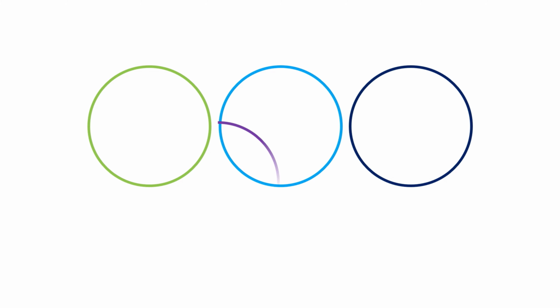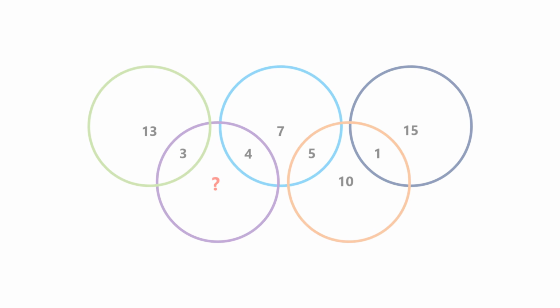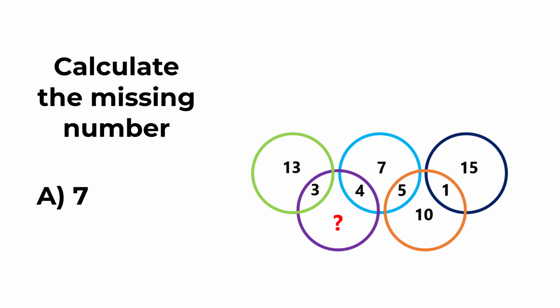In this particular case, you're presented with 5 different circles, all of them different colors, and the numbers that you see on the screen are 13, 3, 4, 7, 5, 10, 1, and 15. There is also one number missing, which is highlighted with the question mark. You need to calculate the missing number, and the choices are choice A, 7, choice B, 8, choice C, 9,